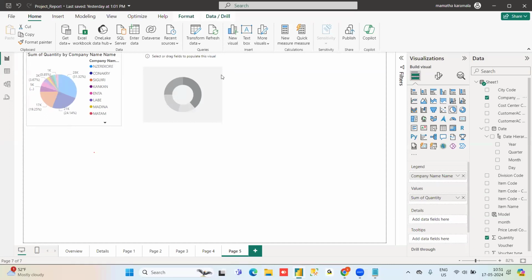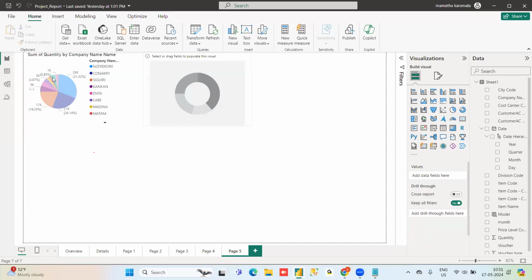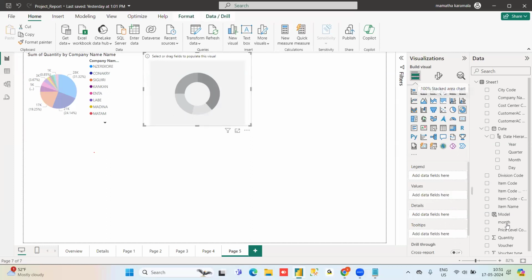Okay, I'm going to tell what exactly the purpose of these things is. We will see. This we already discussed, and this I am also taking model wise, model wise quantity.